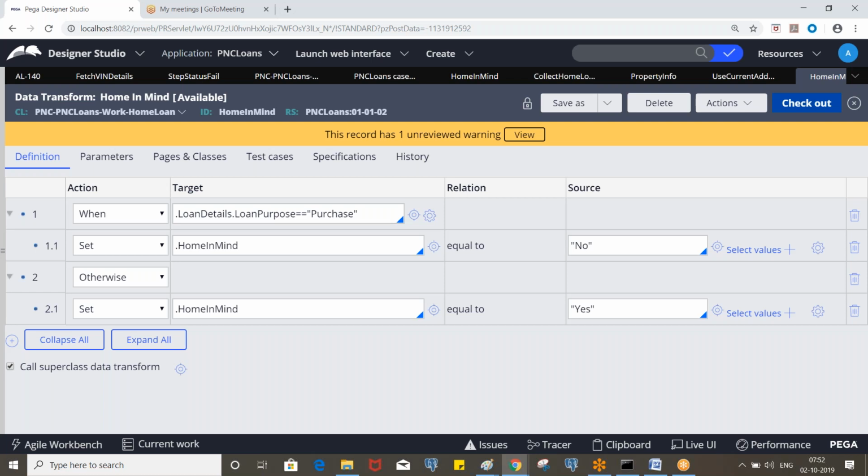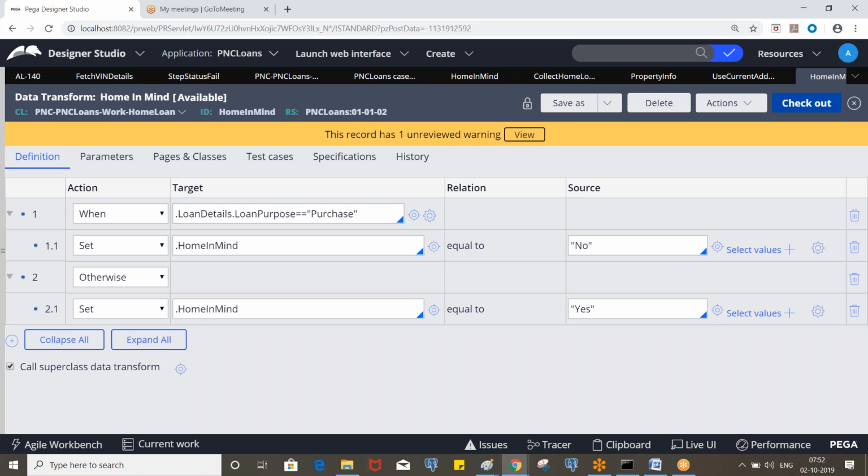Let's say you specified the condition loan purpose equivalent to purchase, but it is refinance. Then you need to skip the first step and execute the second step. In the second step, the condition will be loan details dot loan purpose is refinance, and property set.